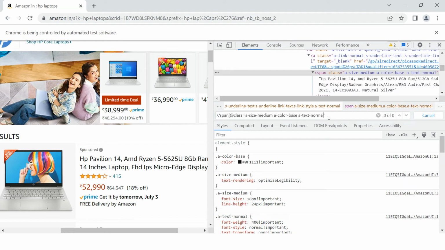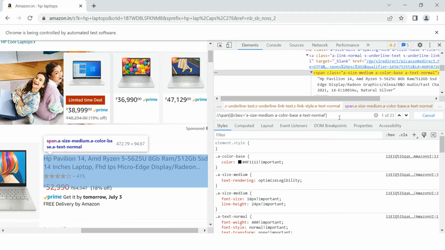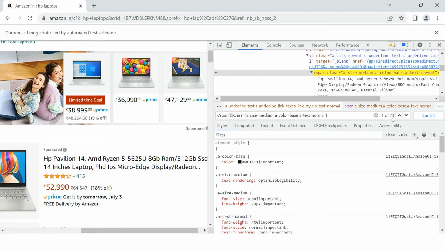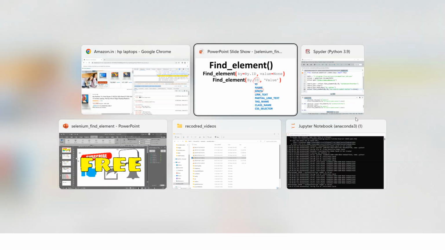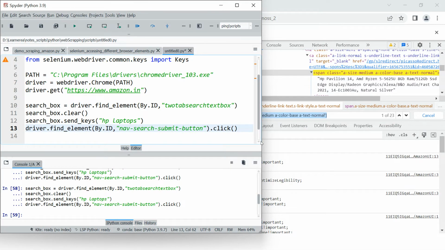Alright, so I just need to put this thing in quotation, single quotation I just used. Now if you see, it searched this particular item and it says there are 23 such items available on this particular page. Let's take this, go back to the script over here